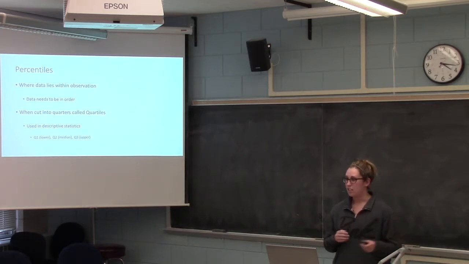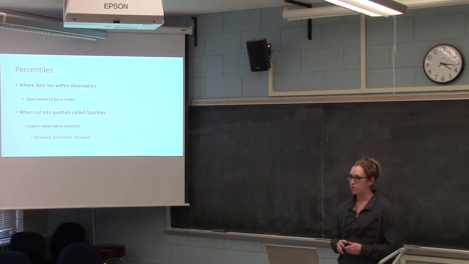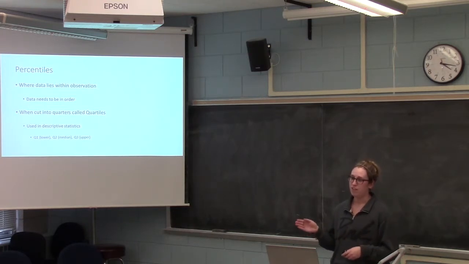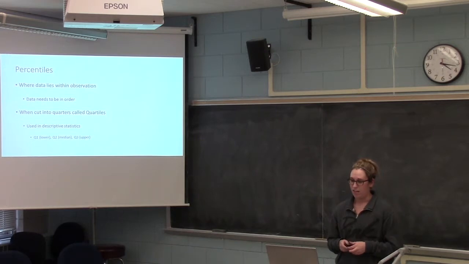You can then cut all the data into quarters, which will give you quartiles. In descriptive statistics, you can have your first quartile, which is the lower quartile, the 25% of the data at the bottom. Your middle quartile, the second quartile, is 50% of the data and below, and then the upper quartile is 75% of the data, leaving the top quartile just the top